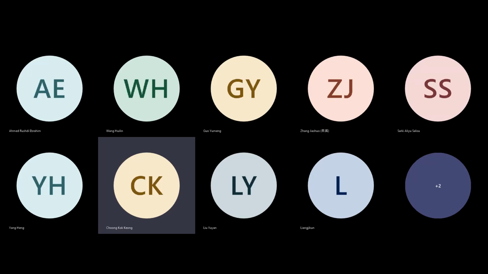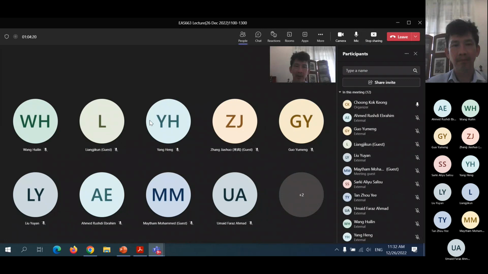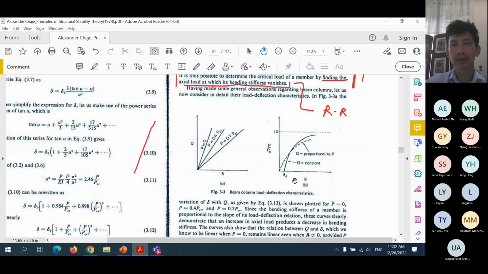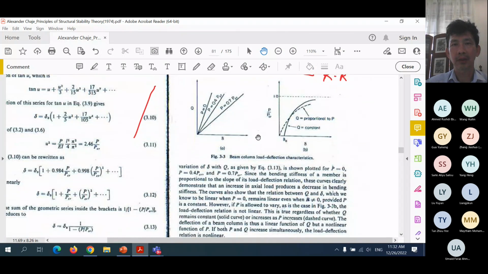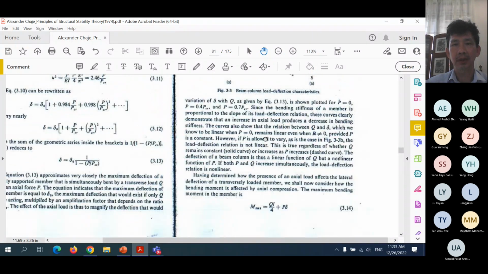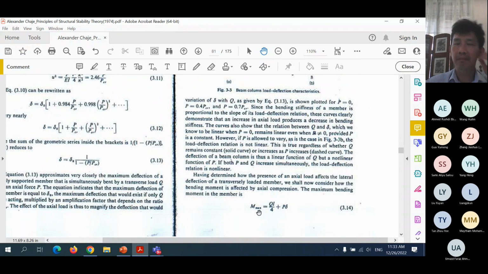Let us go back to this part here. I will come back to this to explain about these things. This is the part where we want to get the amplification factor for bending moment. Now, bending moment for this case of beam column,